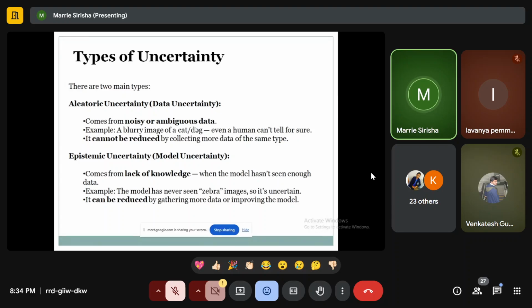If you take that data, you will face the uncertainty problem, because you don't want unwanted features or unwanted inputs. So we will face the uncertainty. For example, if you take a blurry image of a cat or a dog, even a human can't tell for sure. If I give an example, an image of a cat or dog,